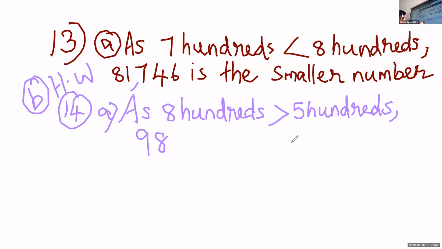98,870. Okay, very good. So children, we have to find here which number? Greater number. So when we compared, only the hundreds place was different. 1,000 and 10,000, they are same. So we compared 100 place. So we are writing the reason as 800 is greater than 500. 98,817 is the greater number.